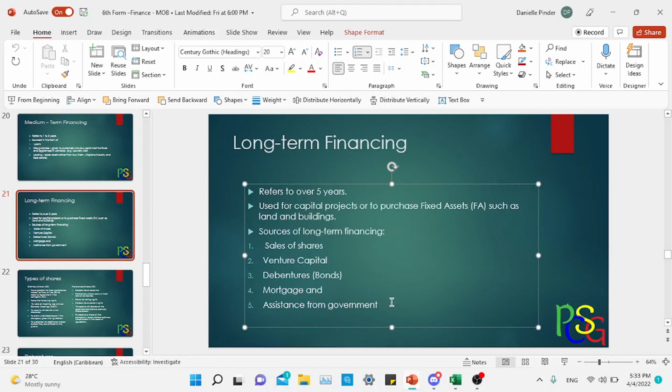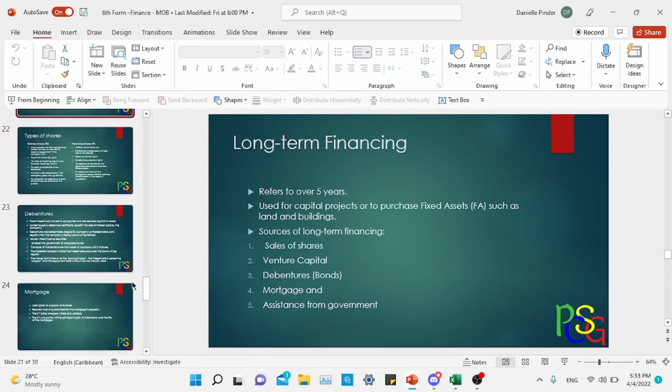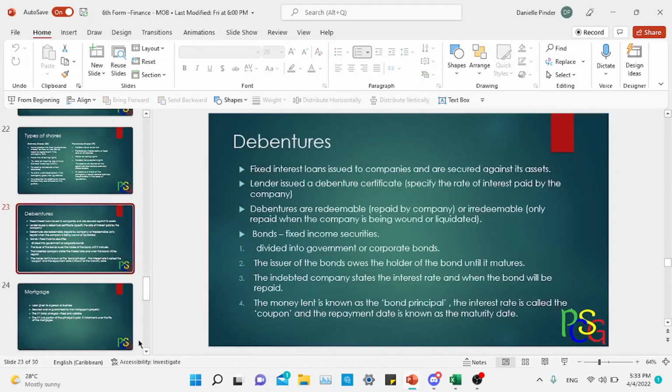And we said that they would loan money to the fishing industry and also to the agricultural industry as well, right? So I think we also went through debentures or